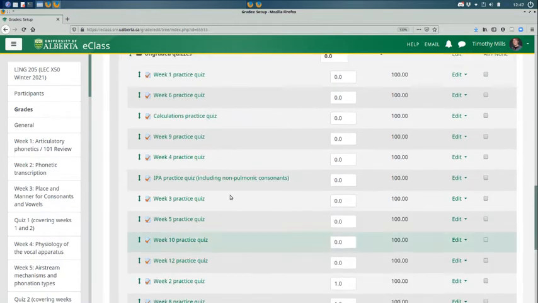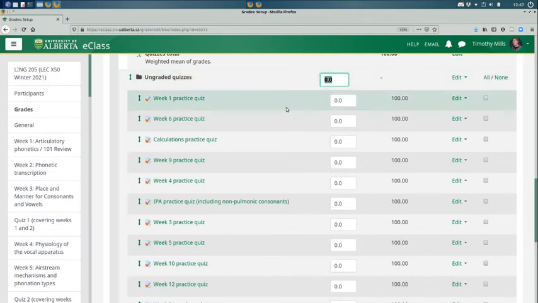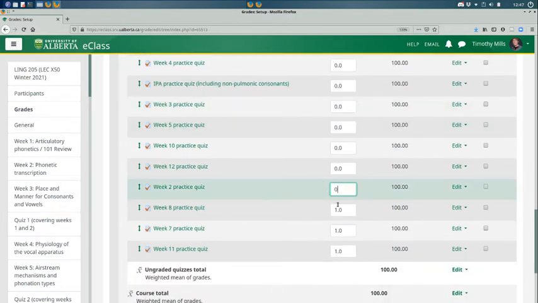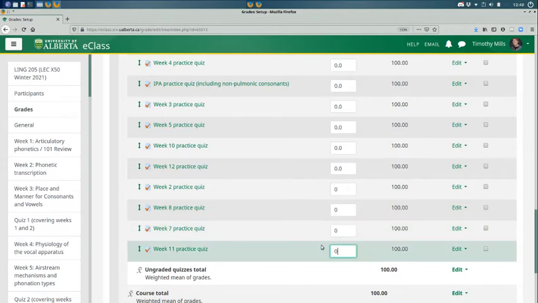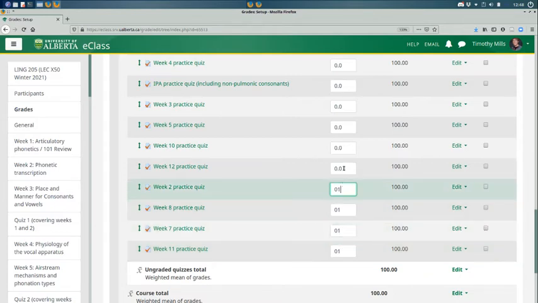Right. And you notice that at the top, ungraded quizzes have a 0 weight by default. So that category isn't going to contribute to the final grade of students. Whatever numbers you put in here don't really matter. It's taking them as a weighted average. So you can put zeros. You could put them all as ones,